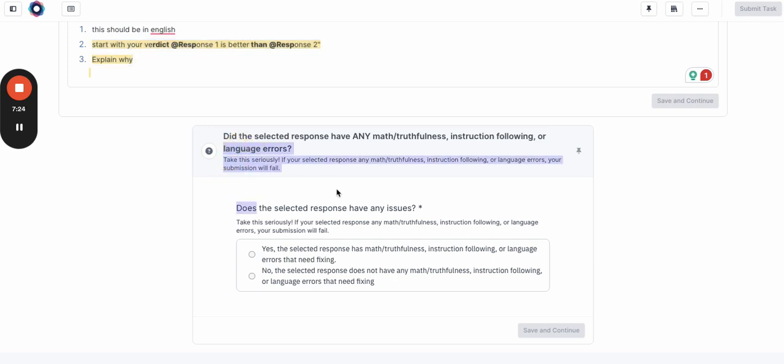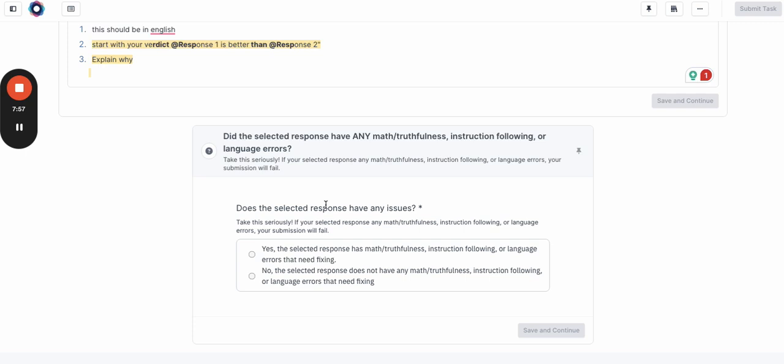Now you're going to have this question: does the selected response have any issues? Remember what we said at the beginning? We give the model two responses and help it decide what's the better one, so that the chatbot actually surfaces better responses to the user. If the selected response has a major issue, like let's say that I ask Siri, hey, what are two different paths to the nearest grocery store? And one path is better than the other, but the path it suggests still has an issue, like